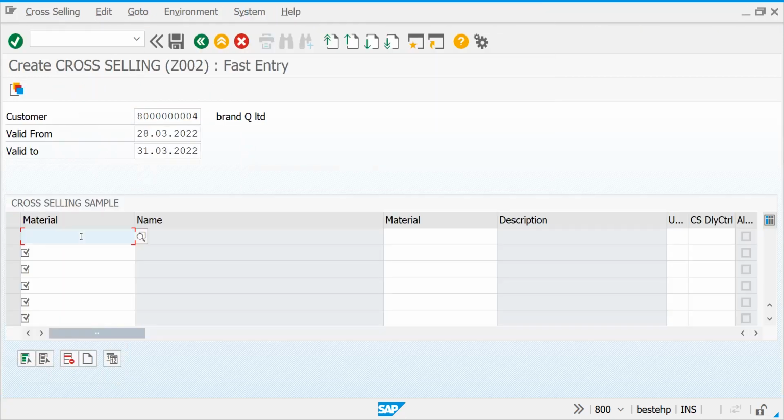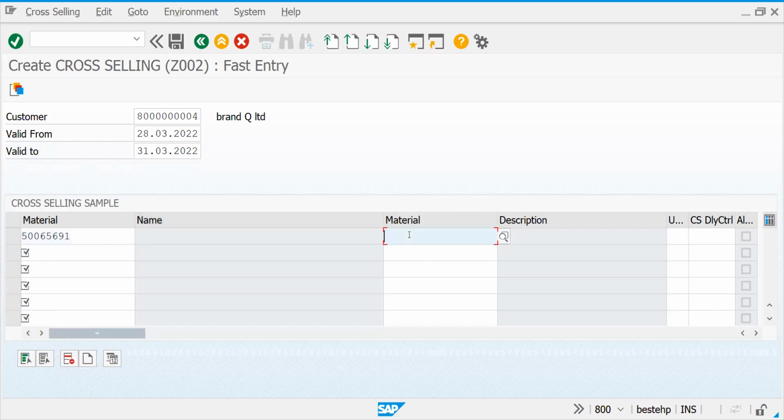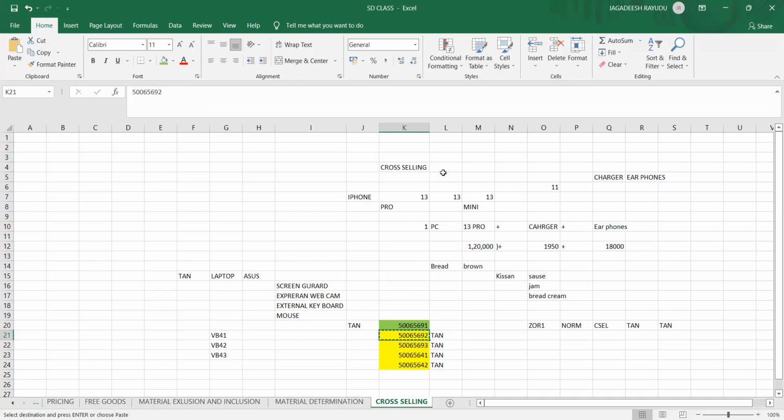What is the product I am going to buy? Let's go back to our Excel. Let's choose this. Press enter. If I buy this, what am I going to choose? I am going to choose this one.